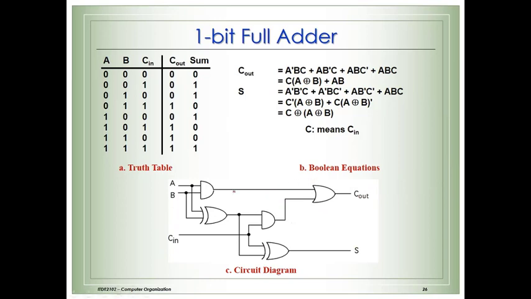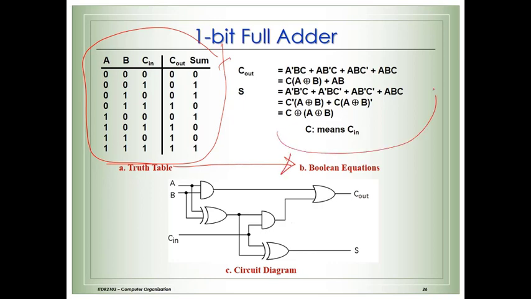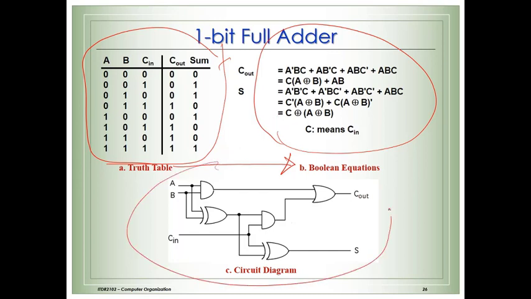So for any problem, the important thing is that you should have this truth table. From the truth table, you will get your Boolean equations. But these equations you should simplify by using Boolean algebra. Later on you will learn another method to simplify Boolean equations, but right now you know only one method, which is Boolean algebra. Then once you get your simplified equations, go and use the gates to draw the circuit diagram.